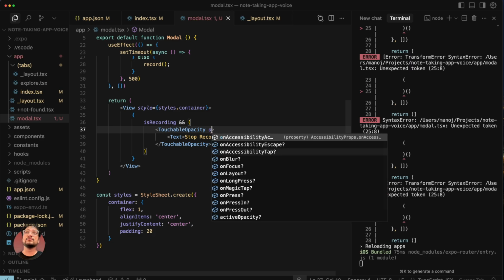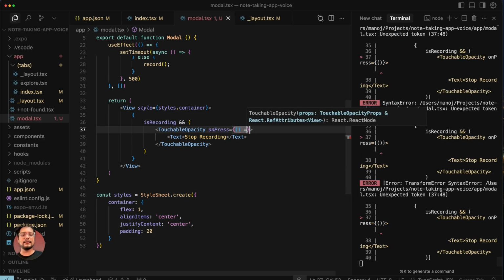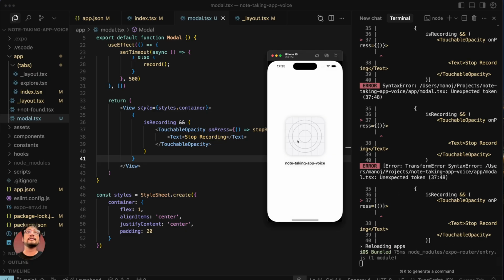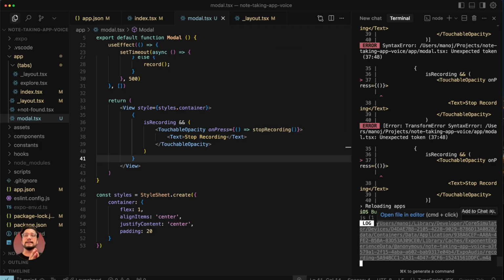So we have to say on press, actually call the stop recording function that we just created and reload. I'm gonna do an R reload, click on add note, and this is recording right now. Click on stop recording and you can see in the log the file of our voice recording or the audio